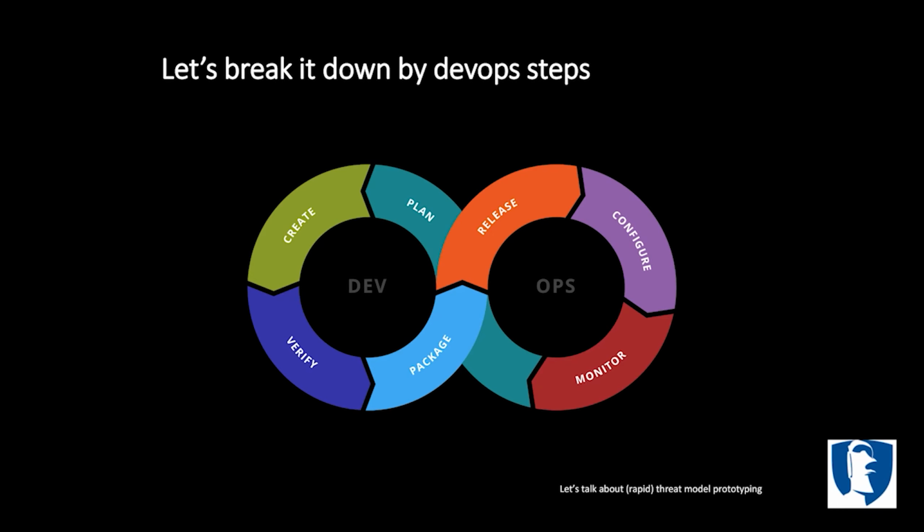We're going to base it further on the DevOps steps. Take that number 8, turn it sideways. I'm going to walk through each one of these steps and how I apply rapid threat model prototyping to it. Now, hold on to your hats, folks. If you don't have any hats, hold on to your seats, because I'm going to go through a bunch of steps, and they're going to be fast. I don't expect you to walk away knowing this fully, but I expect you to understand how the logic goes.